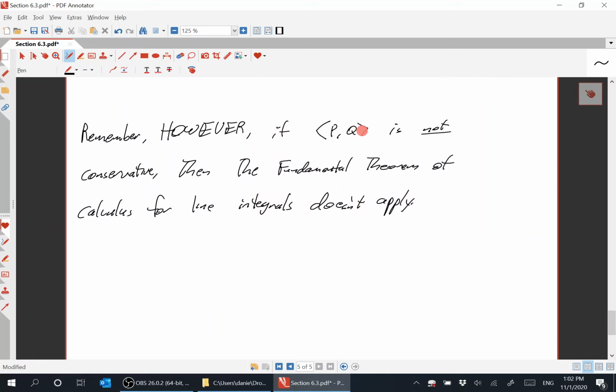Not that there aren't other things you can do, which we'll cover in the next section on Green's theorem, but